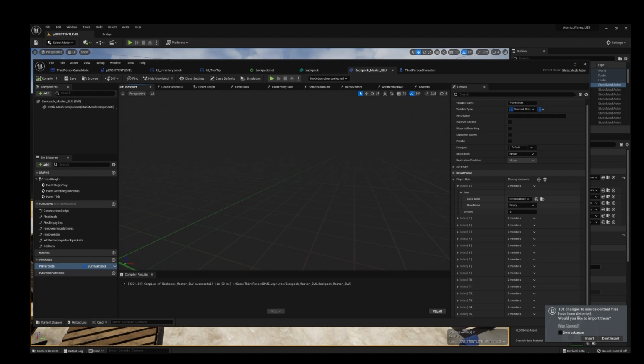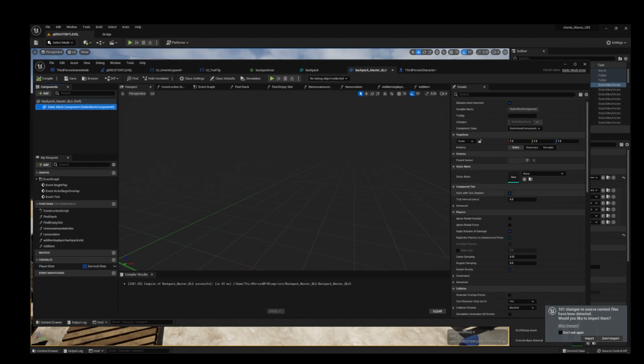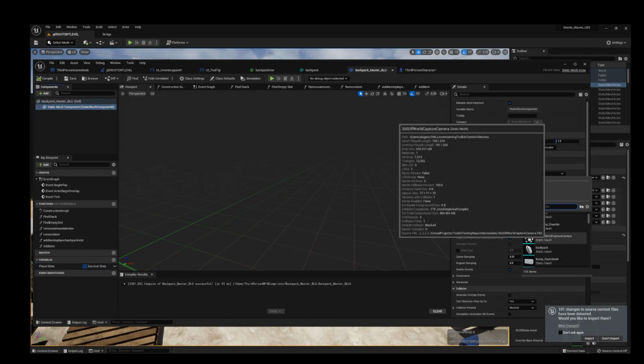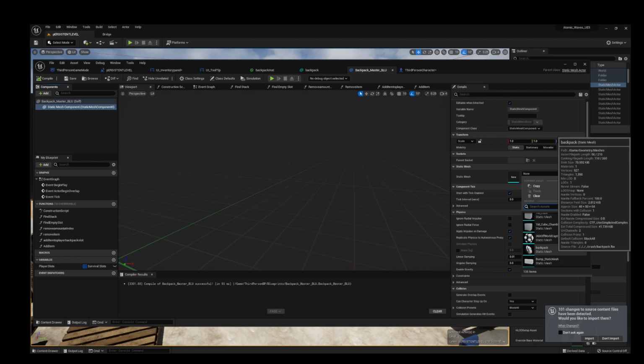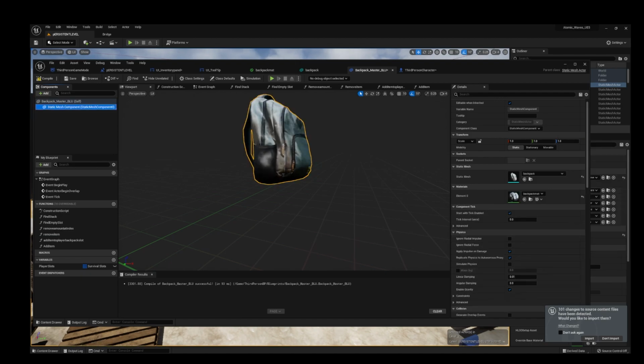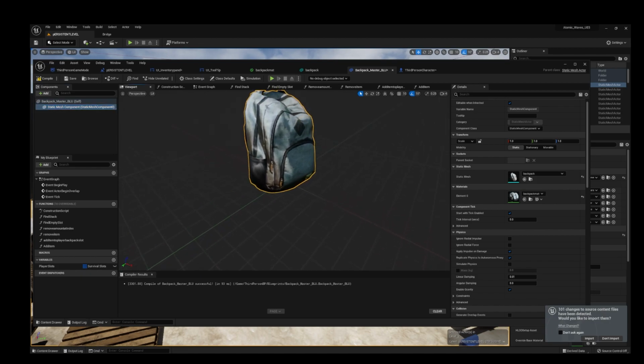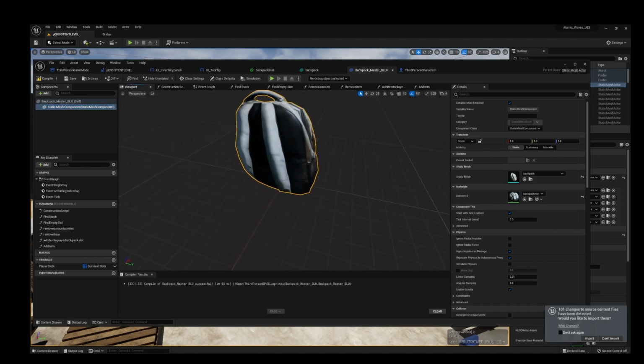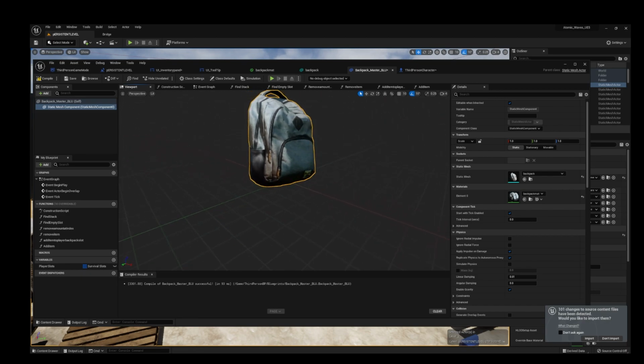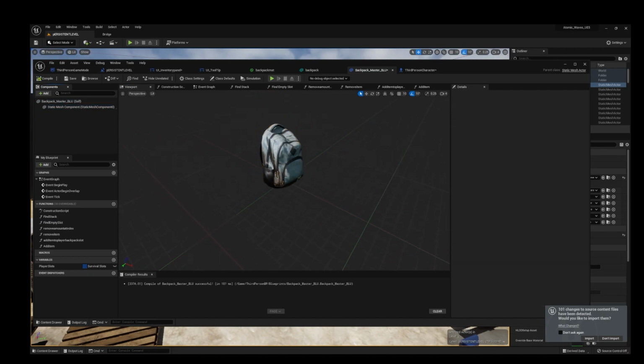Now comes the fun part, is adding your own backpack. So I downloaded mine off of Sketchfab, and what I'm gonna do here is go over to static mesh component, and then get the one I just got off of Sketchfab. Here it is, backpack, static mesh. Obviously, it's gonna be different for you, depending on what you download or what you create. You creatives out there, you can make your own backpack, whatever you gotta do. For the sake of this video, I'm just gonna keep it nice and simple. I'll have this example backpack that I downloaded off of Sketchfab.